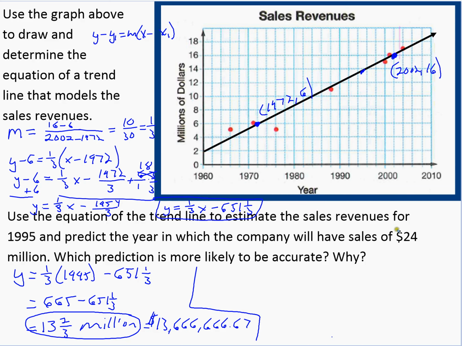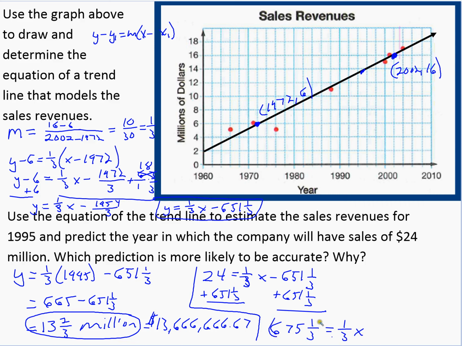Well, that's our y value. So now we're going to take our equation and put 24 in for the y. So 24 equals 1/3 x minus 651 1/3. And so we would add 651 1/3 to both sides. And over on the left side, if you add this, we will get 675 1/3 equals 1/3 x,